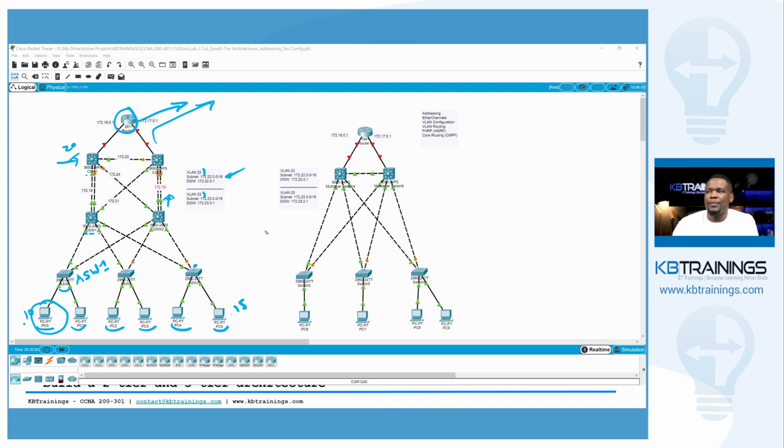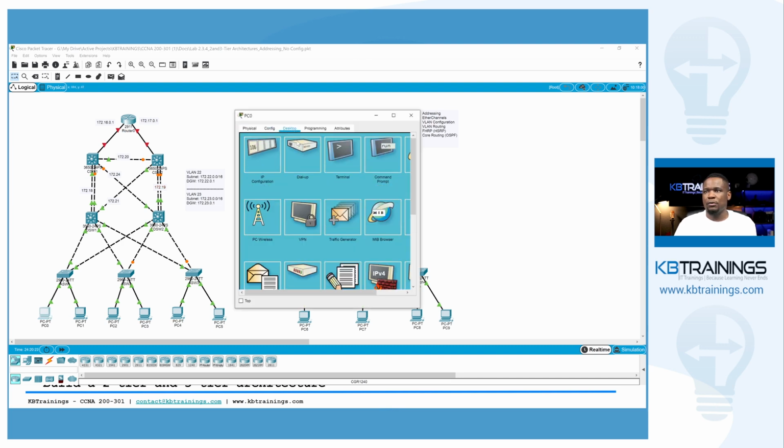So I think we won't be able to do both of these today. So we're going to do only the 3-tier, and the 2-tier will come later. For now, I have the VLAN configured on the, I'm not sure about that. We're going to check together to see if I have the VLANs already configured on here. So let's get started. First of all, I'm going to open the computers just to show you what the IP